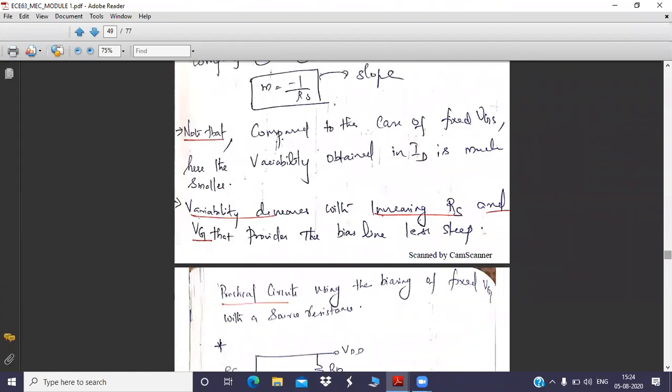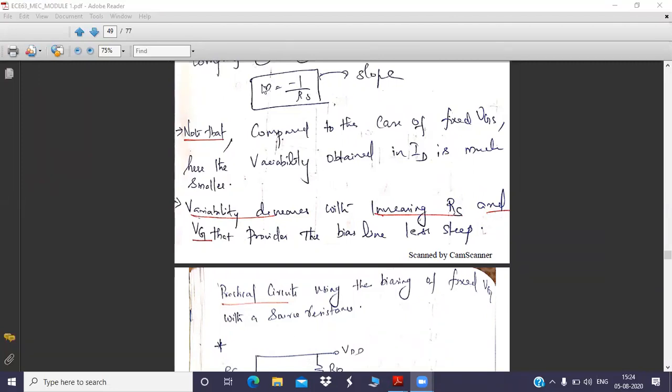Now, what happens if Rs increases? As of now, we have calculated the slope. Now I wanted to convey what happens if the slope increases or decreases. Case 1. Suppose Rs is very large. Then your slope is less. Understood? Your slope is less, or your DC load line is less steep, that you can see.